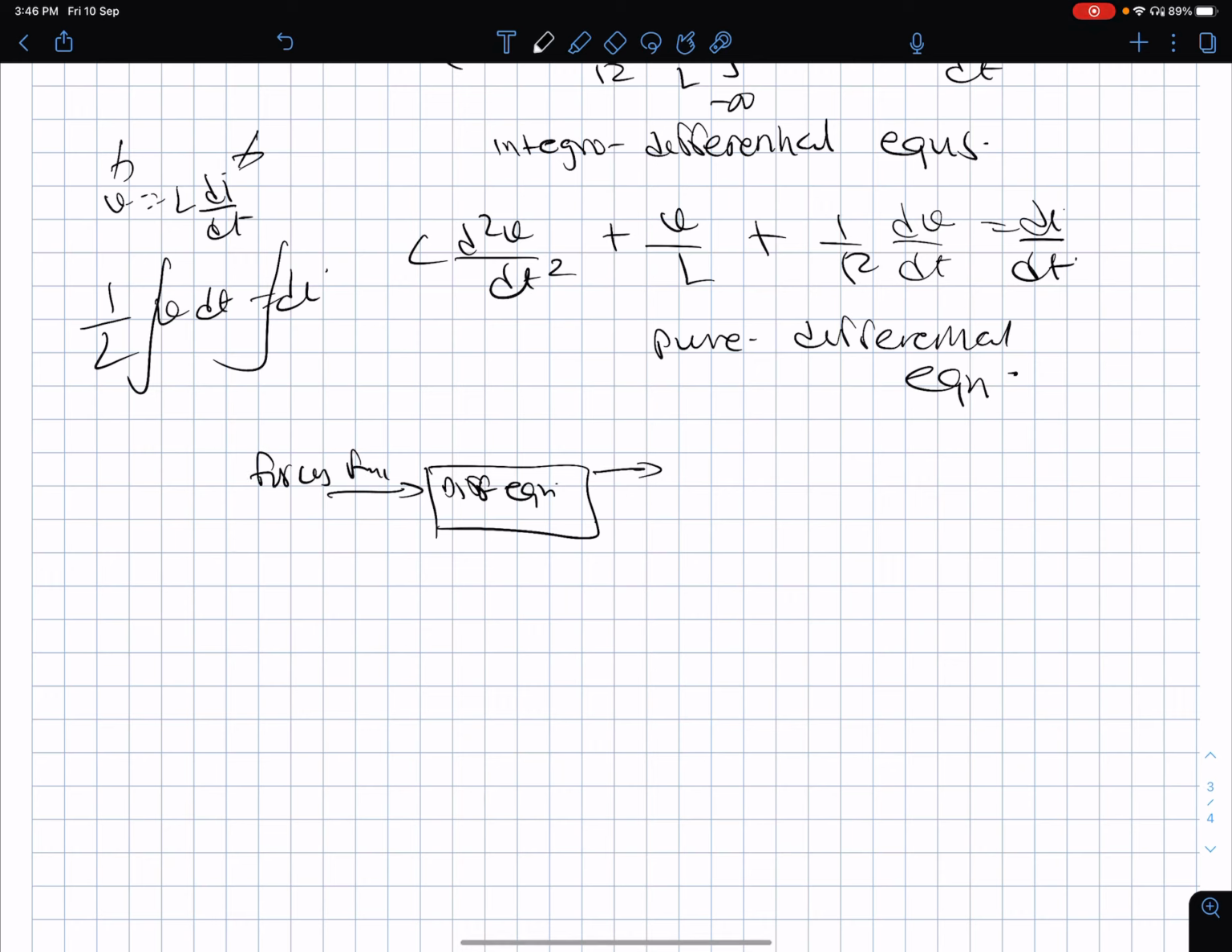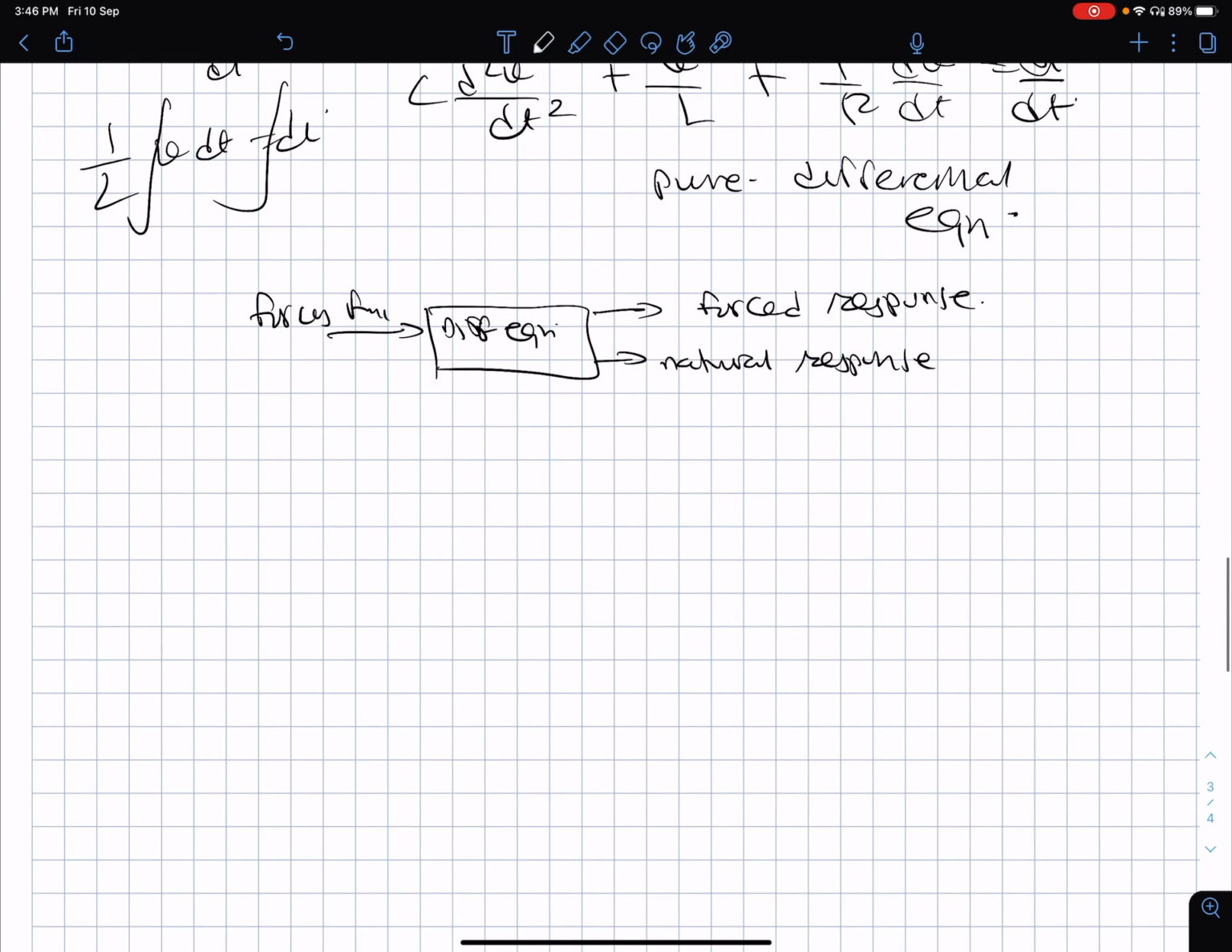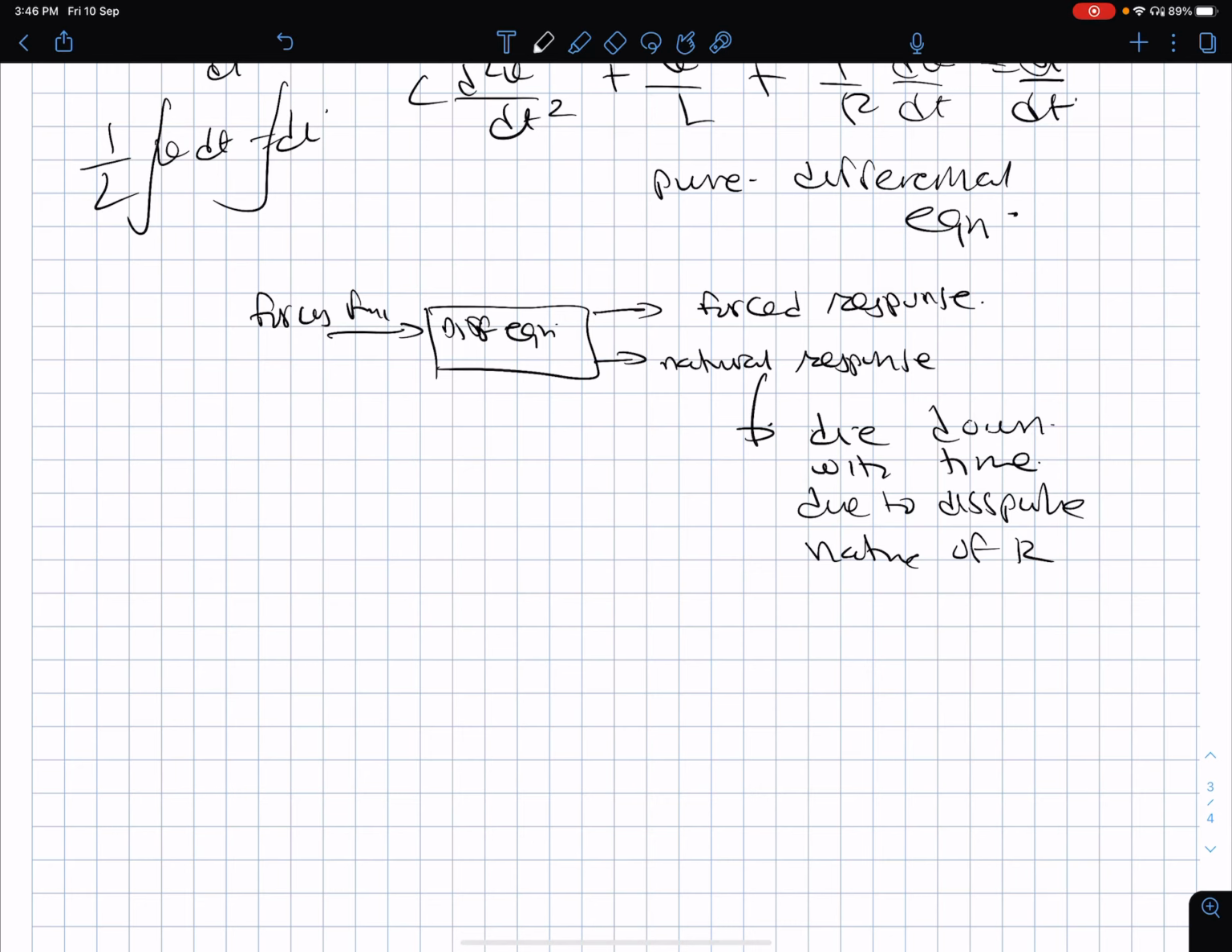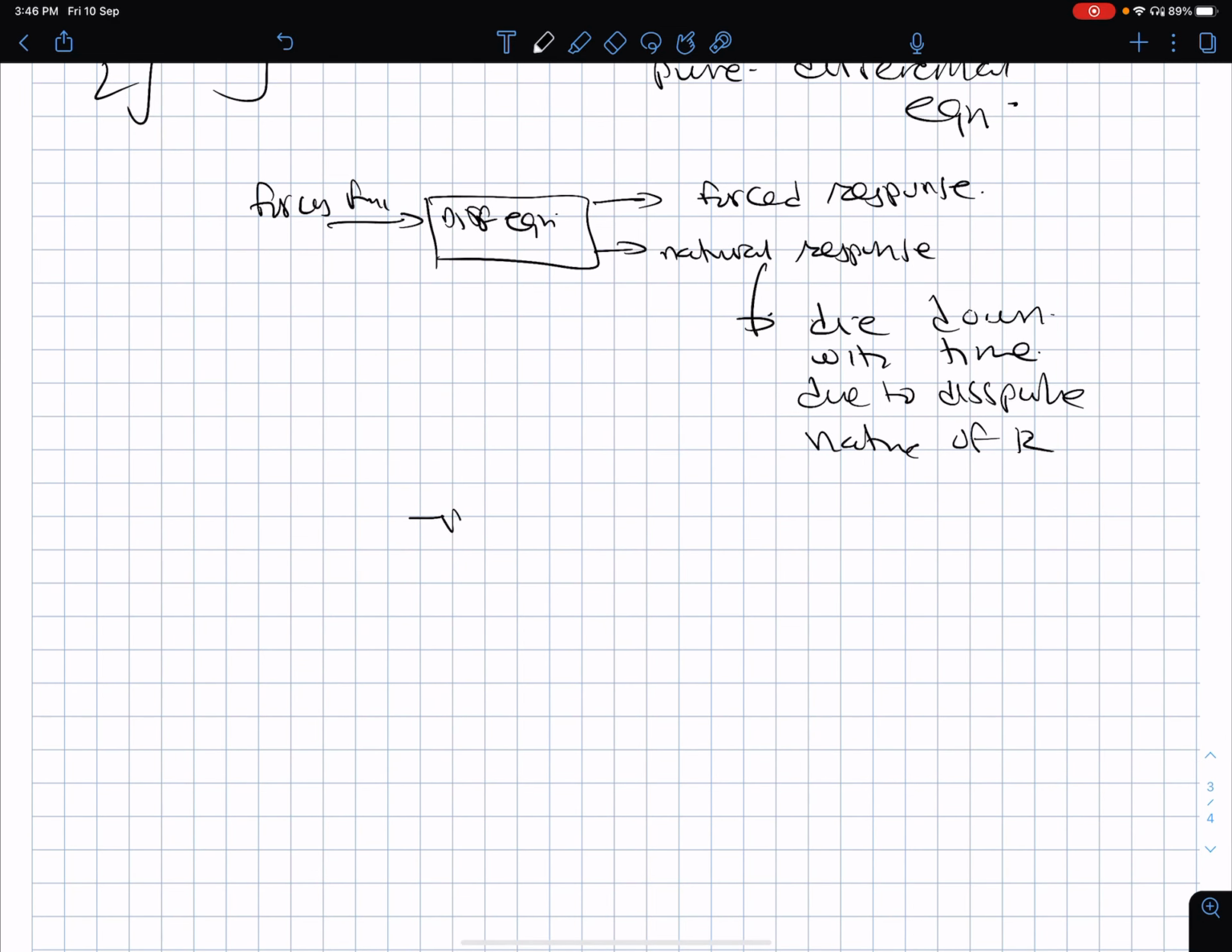then the response can be thought of as natural response and forced response. So usually this natural response will die down with time due to the dissipative nature of R. For example, if I have an RL circuit like this,